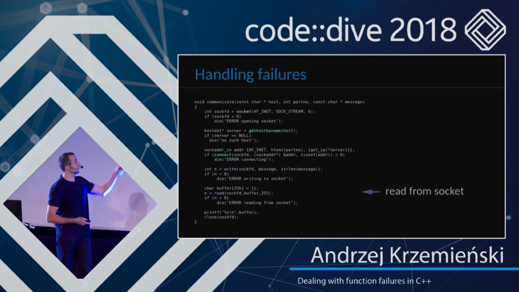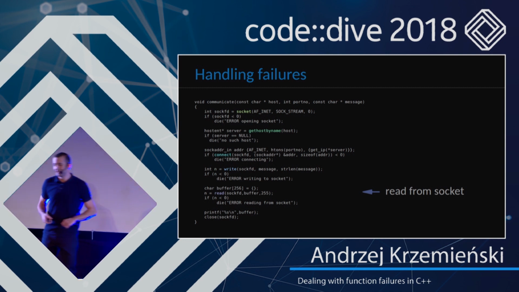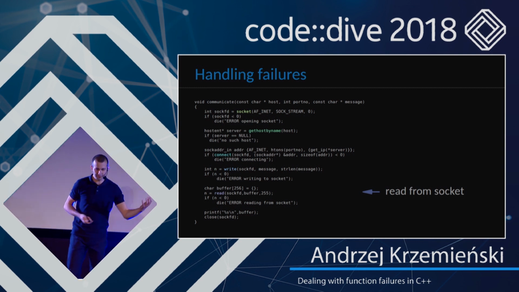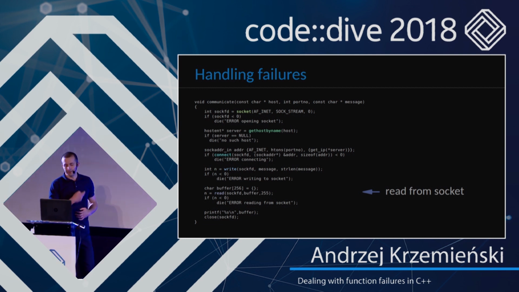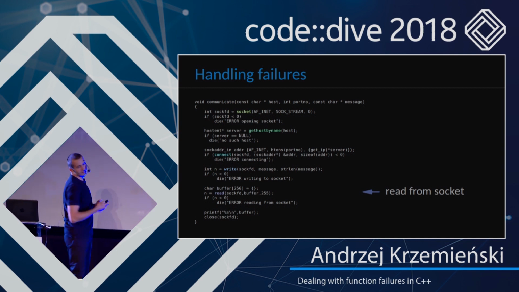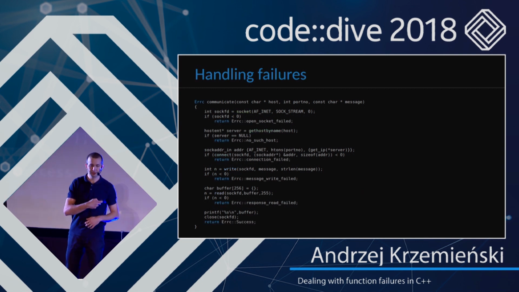And the reason I need to put those arrows and text, that there's another failure to be handled, is because this cool stuff, the most important stuff, gets lost in those if statements and error handling statements. Of course, in the previous slide, the die means display the error message and exit. We cannot do it. This works well for an example application, but on a server that needs to run for months,